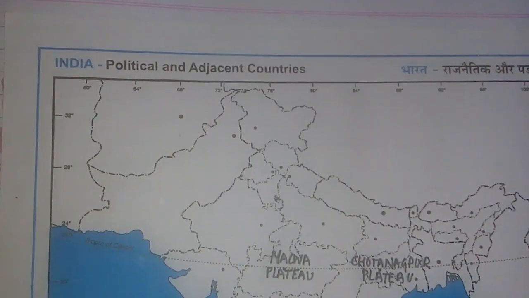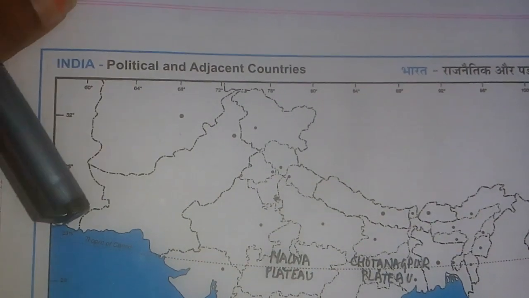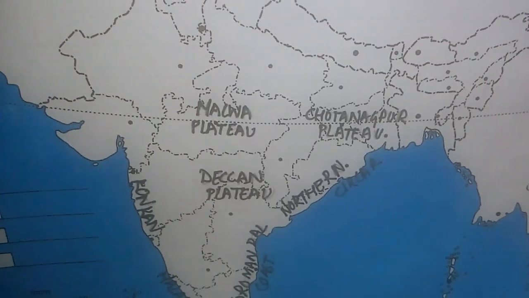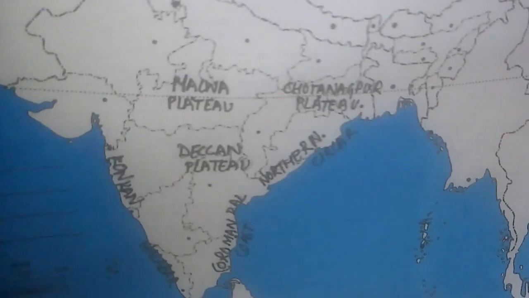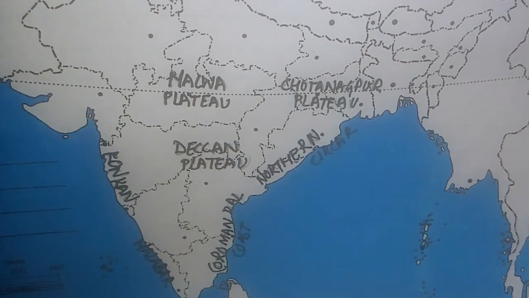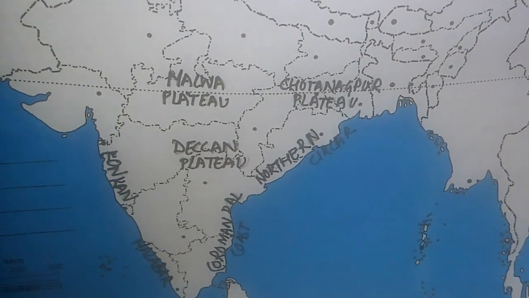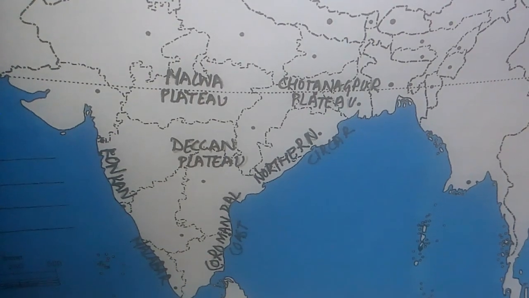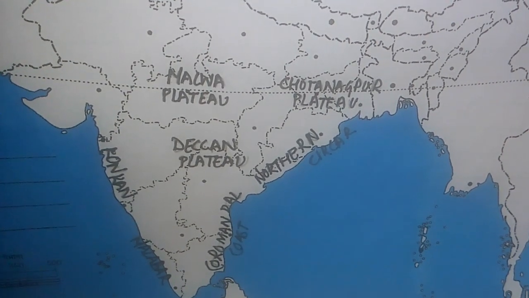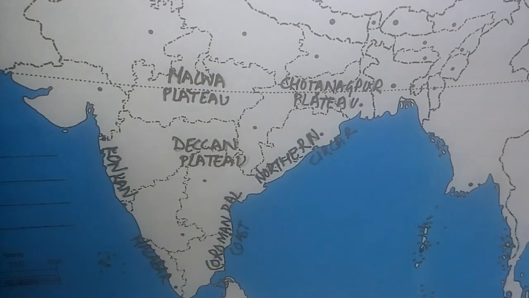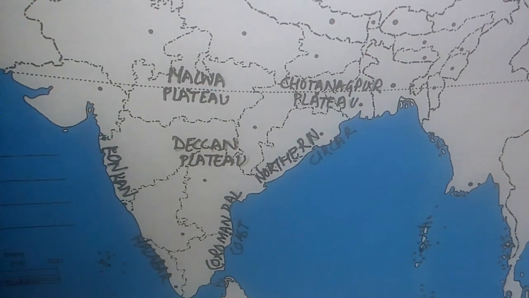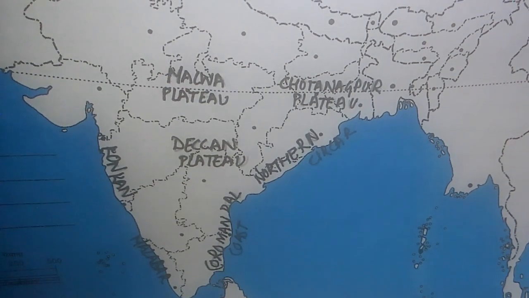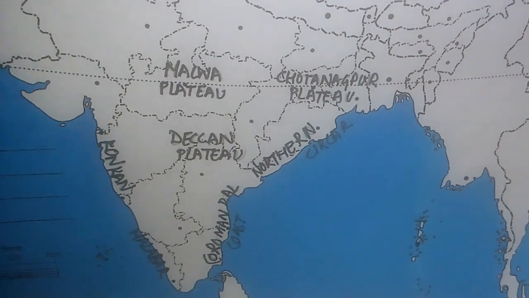Similarly, we are going to do the next map also. That is the third map. I have already done this one. This is how you have to mark these markings in the political map of India. ठीक है? From where you are going to consult for these maps, you are going to take the help from page 9 and page 10, that is chapter 2 of your geography books. Over there you are going to see all the spottings are marked.